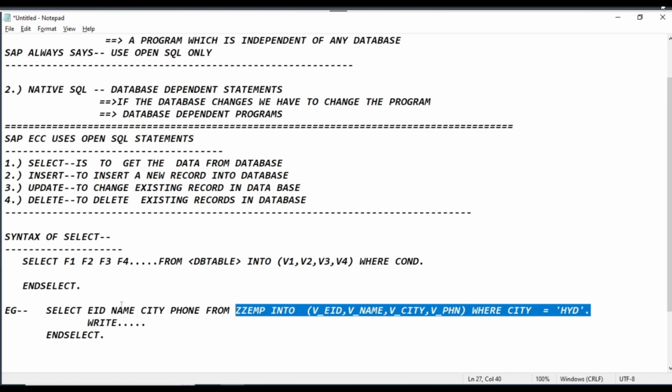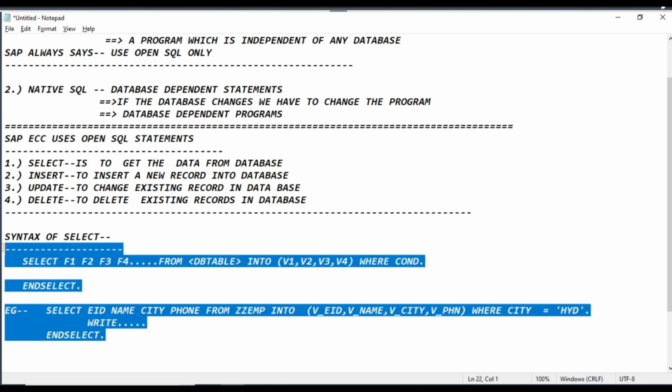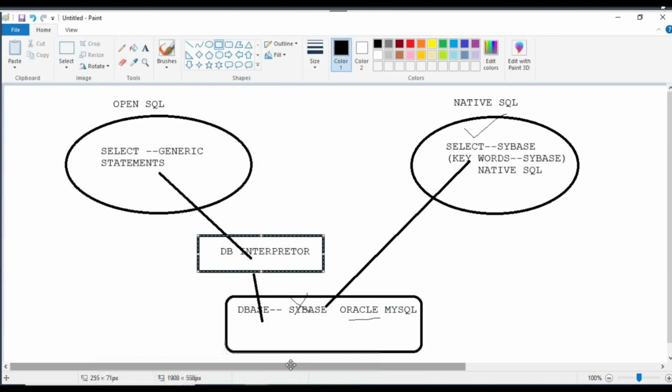Get the first record, write the data. Get the second record, write the data. Get the third record, write the data. Like this, we have to write the data one by one. So this is what it is. So let's see the code. So my requirement is,